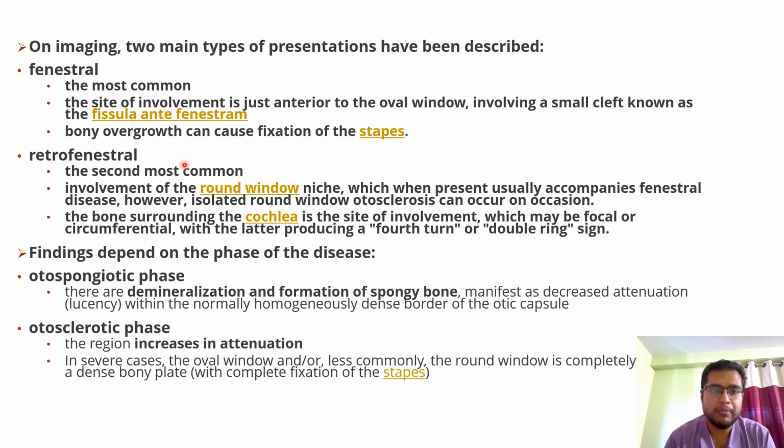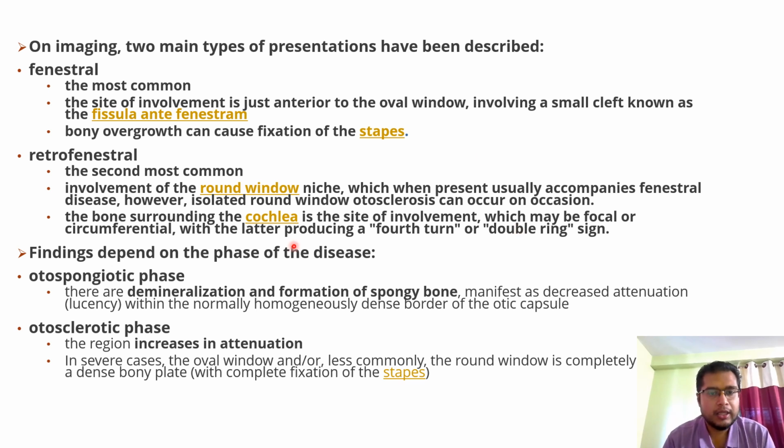Retrofenestral type is second common, where there is involvement of the round window niche, which was present, and usually accompanies fenestral disease. The bone surrounding the cochlea is the site of involvement, which may lead to focal or circumferential demineralization, giving rise to fourth turn or double ring sign. So this is what we have to remember. It was seen in the second case, fourth ring or double ring sign, that hypodense area adjacent to the basal turn